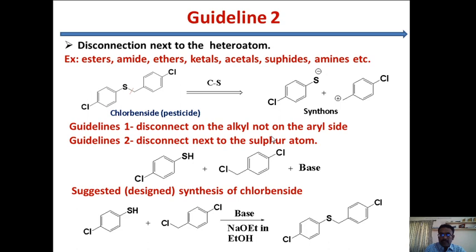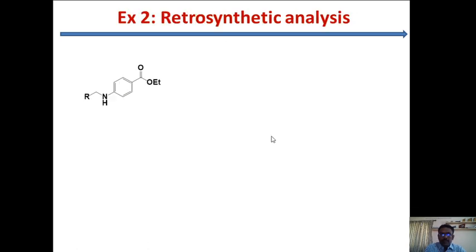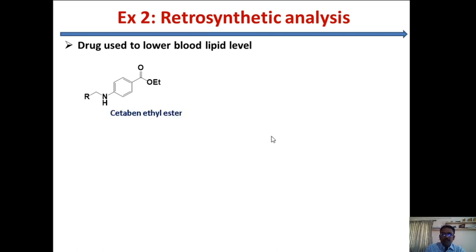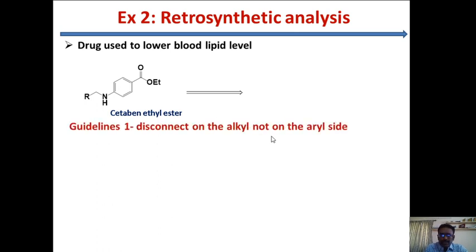Now we will go for guideline number 3. Before that we will see one more example, the retrosynthetic analysis of this para-amine substituted ester compound. This is one of the drugs used to lower the blood lipid level. This is called clofibrate ethyl ester. So if you do the retrosynthetic analysis for this compound, as per the two guidelines we have already seen,